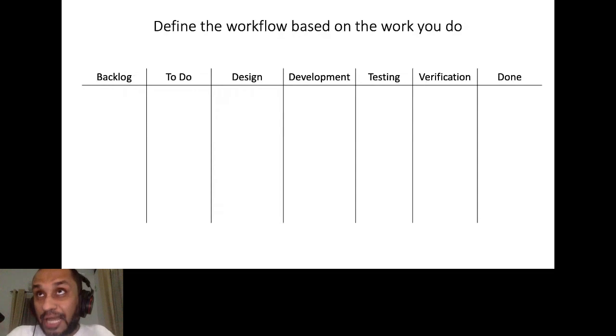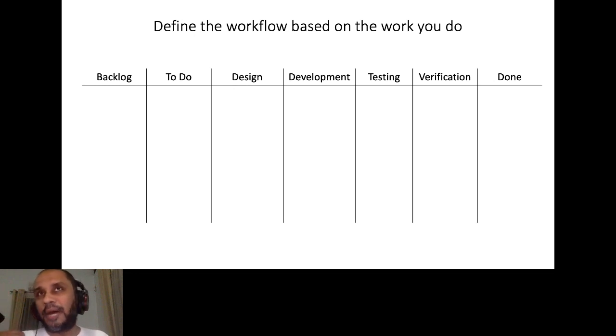Now, based on the type of work that we do, we can modify our workflow and make it more visible. If we are doing software development, we might have a workflow like this: backlog, to do, work items in design state, development state, testing state, verification, maybe that's the UAT state, and then finally the done state.